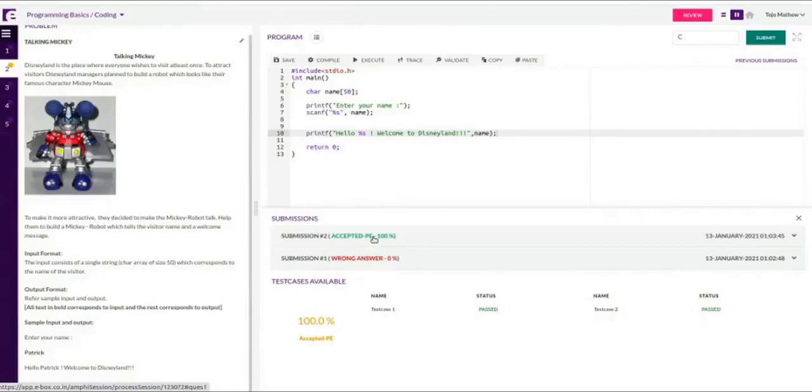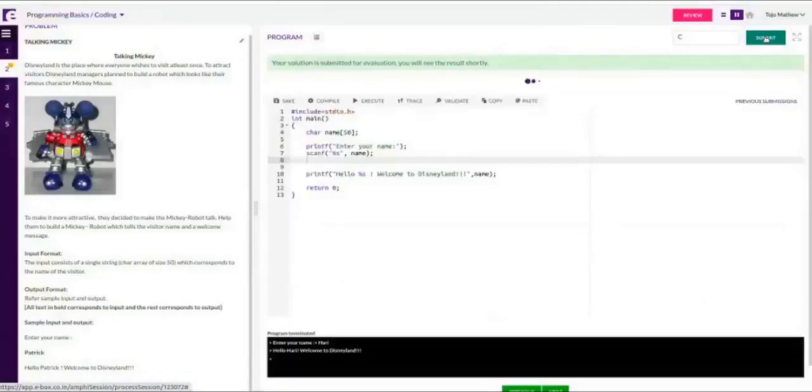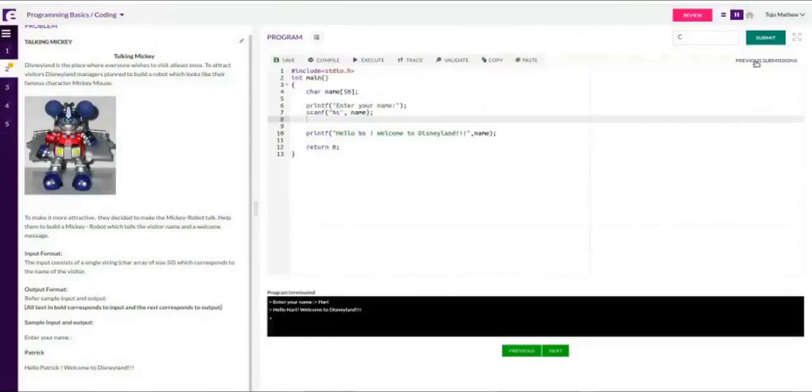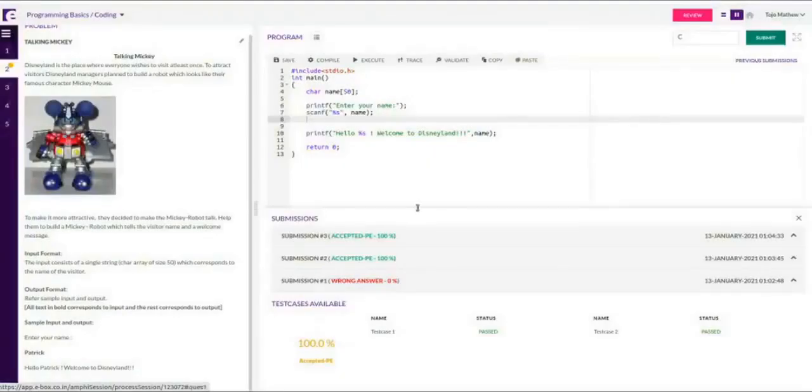So that we need to make out. A presentation error means we have put some additional space, or some case is wrong. Even I don't get what mistake I have made. Maybe I'll try removing the space from there. PE stands for presentation error. That will not affect your score, but maybe it affects your satisfaction.